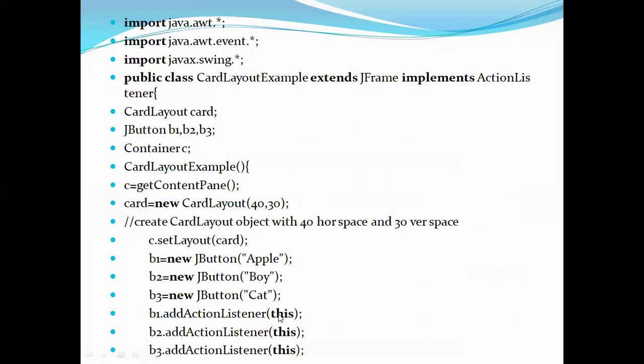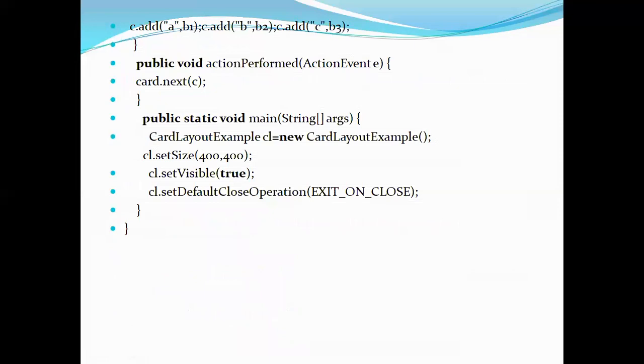So that's why I've mentioned this. If you write this, it will be applicable for all the three, whichever is current. So b1 dot action listener this. Likewise, three buttons have been added. Now next thing is, in the content pane, you have to add for B1, what you're going to print. So I'm adding it as A. Next for B2, B. Next for B3, it is C. The text, whatever you want to display, should be added to the button.